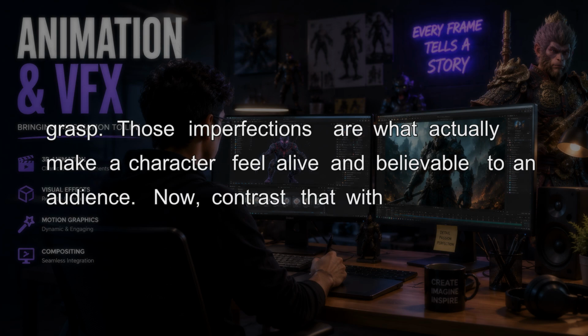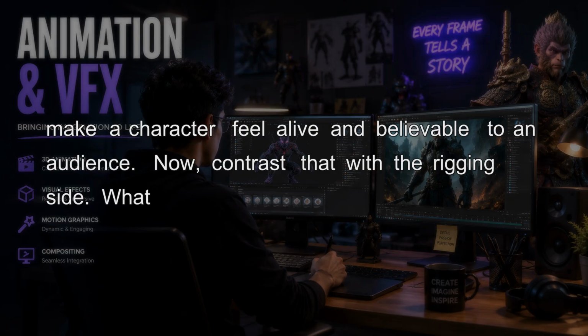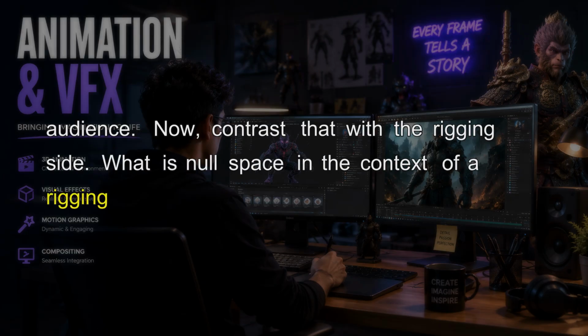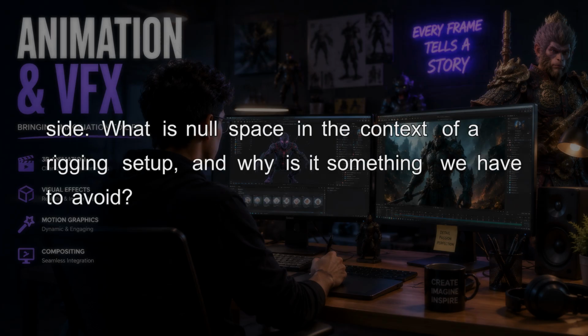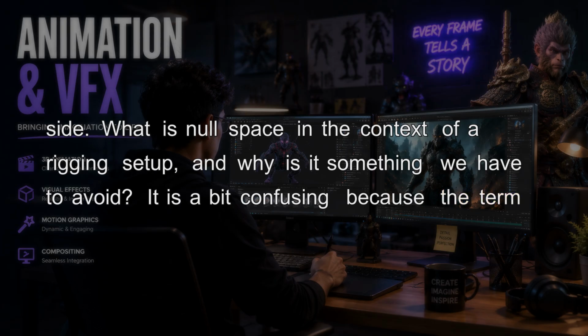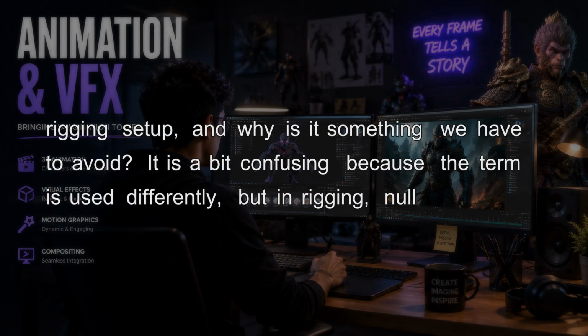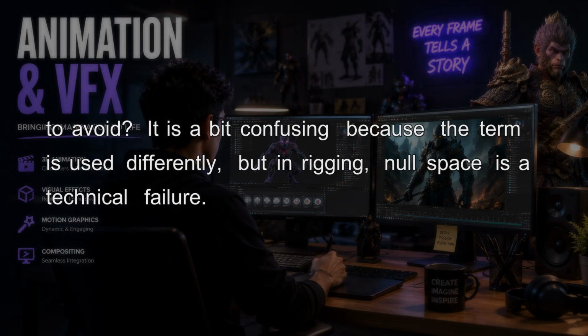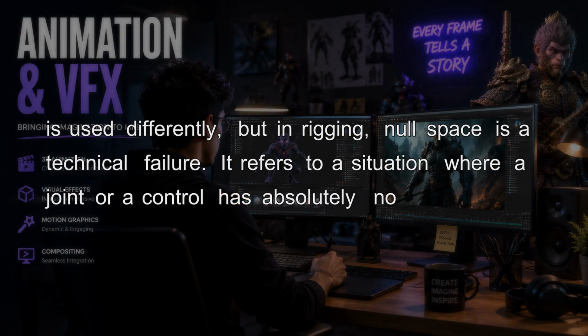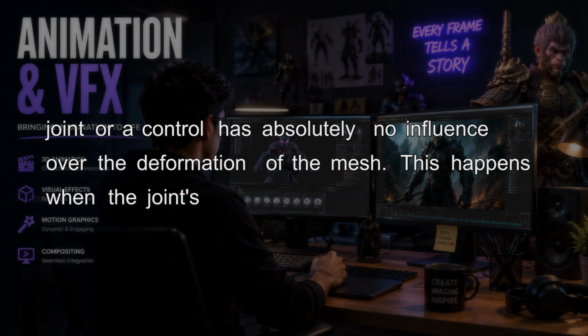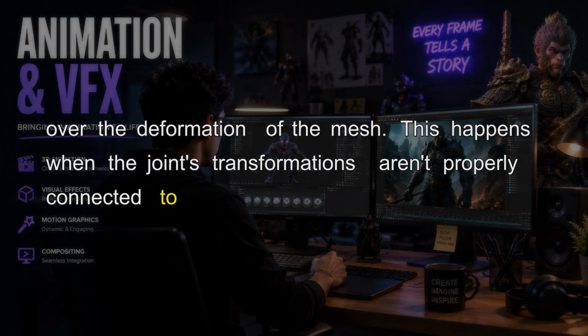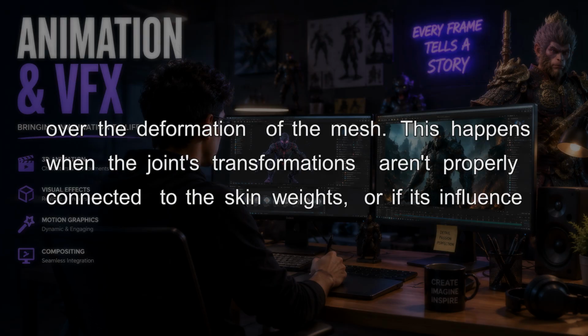Now, contrast that with the rigging side. What is null space in the context of a rigging setup, and why is it something we have to avoid? It is a bit confusing because the term is used differently, but in rigging, null space is a technical failure. It refers to a situation where a joint or a control has absolutely no influence over the deformation of the mesh. This happens when the joint's transformations aren't properly connected to the skin weights, or if its influence is completely